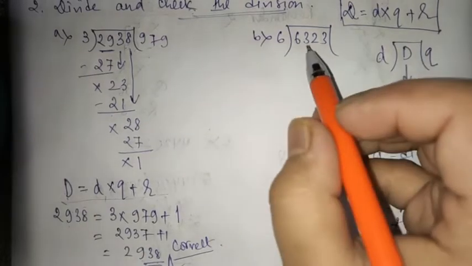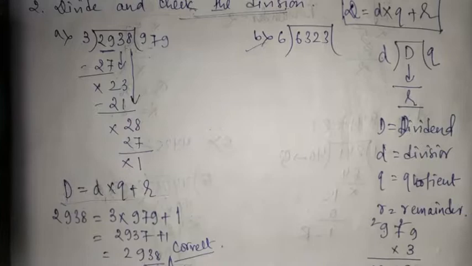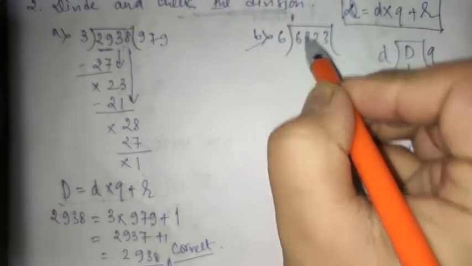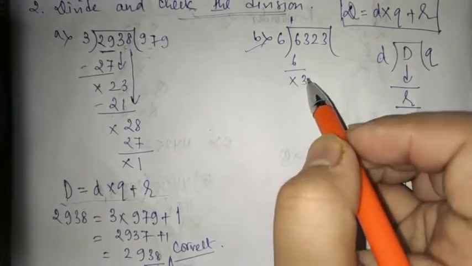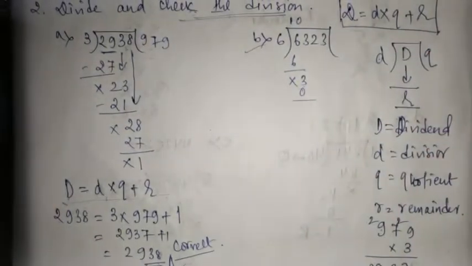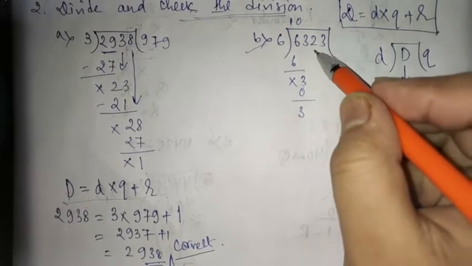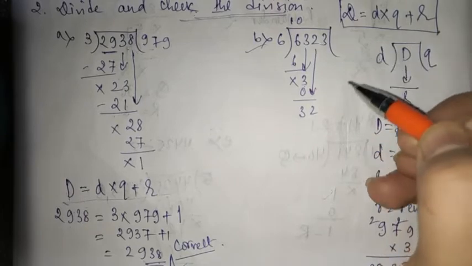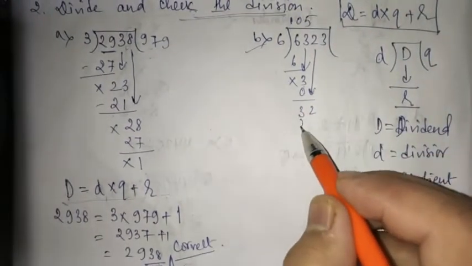Okay, so now proceeding to part B, number 6323 divided by 6. First of all, I'll use 6 1s are 6. Let's now proceed to the bigger number. So now 3 will come down. In this case it is not possible, so 6 zeros is possible. So 3 minus 0 is 3. So this 2 will come down. Over here this 3 came down. So 6, how many is 32? 6 6s are 36, so 6 5s are 30, only possible.